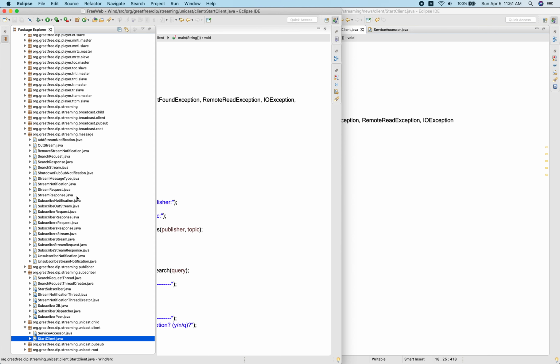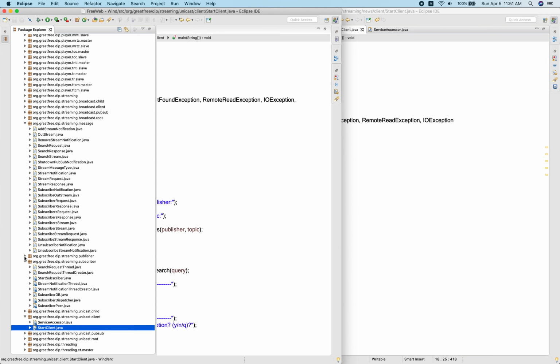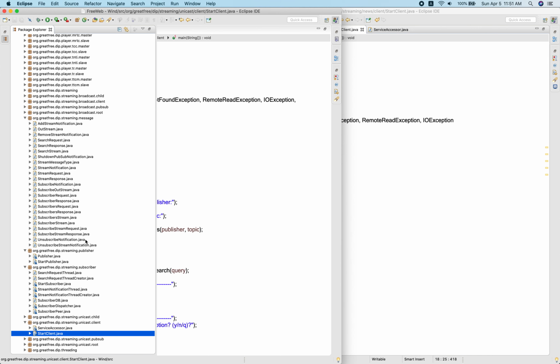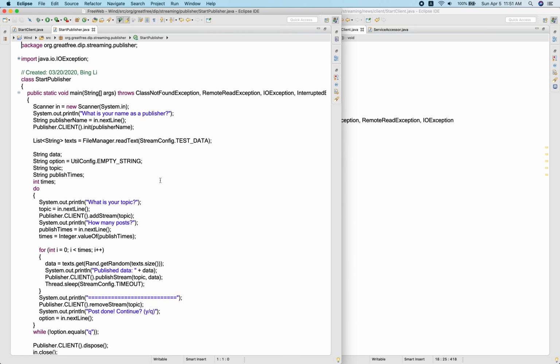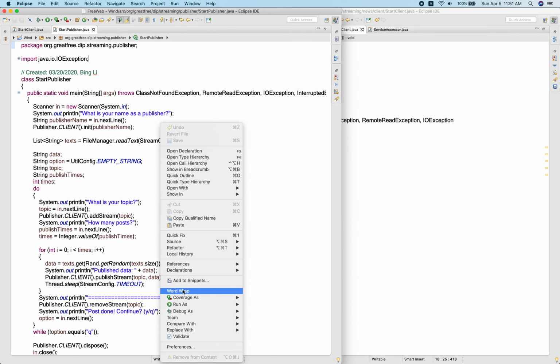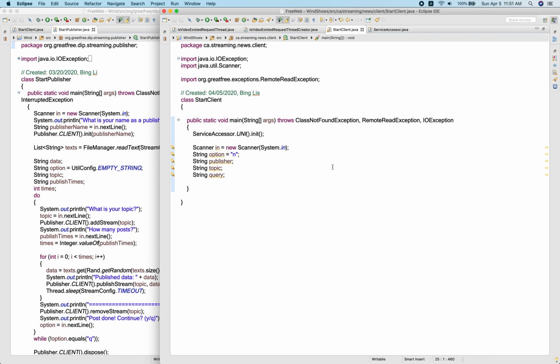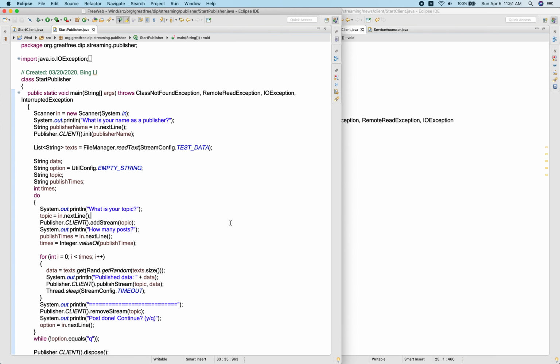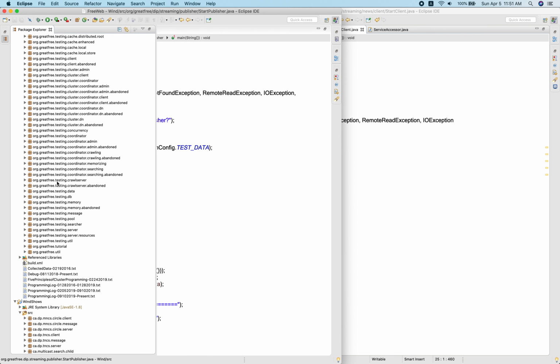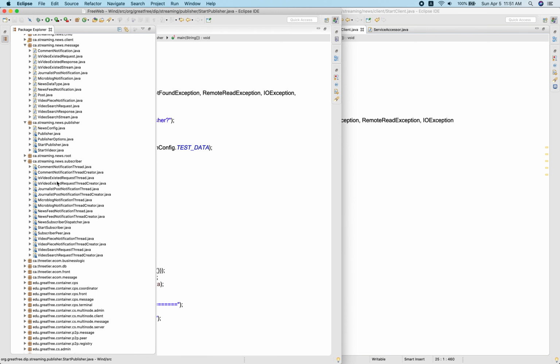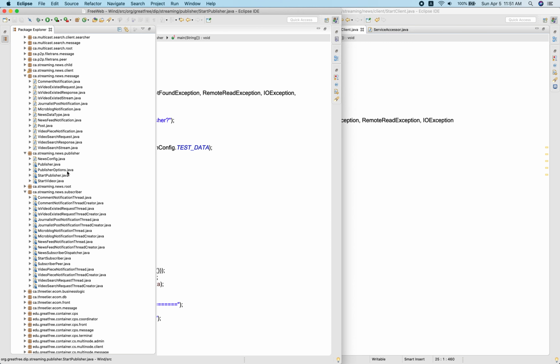Some options, publisher, right? Because we had different publishers. Let me check the publisher. Because the user needs to access the data from different publishers, right? So let me check the publisher name. Oh, not this one. We need to go to the application, our application. This is publisher